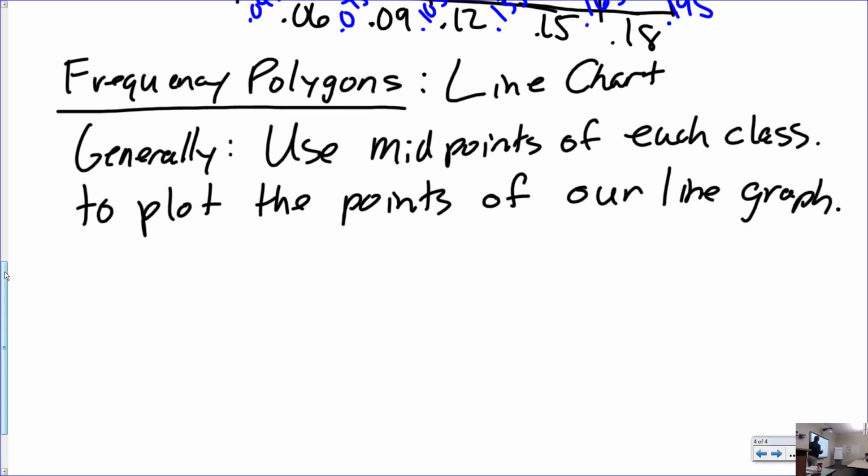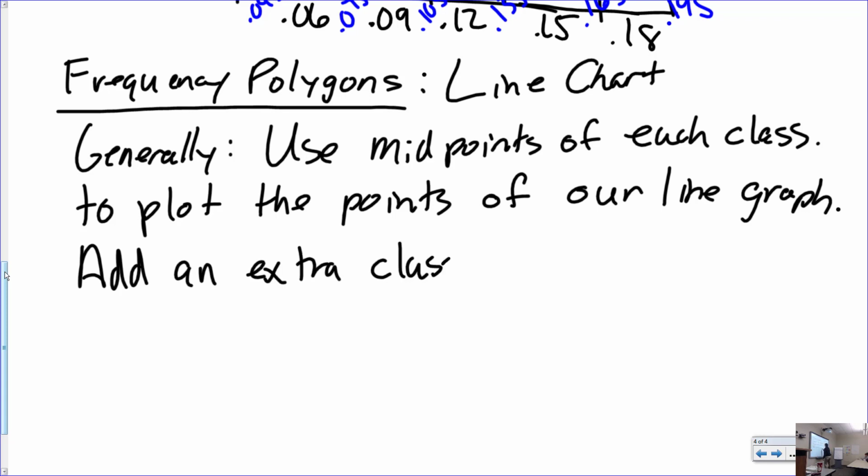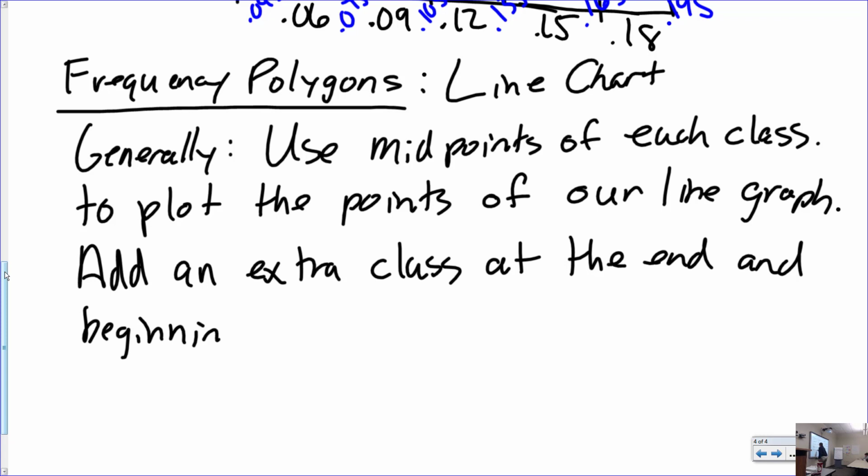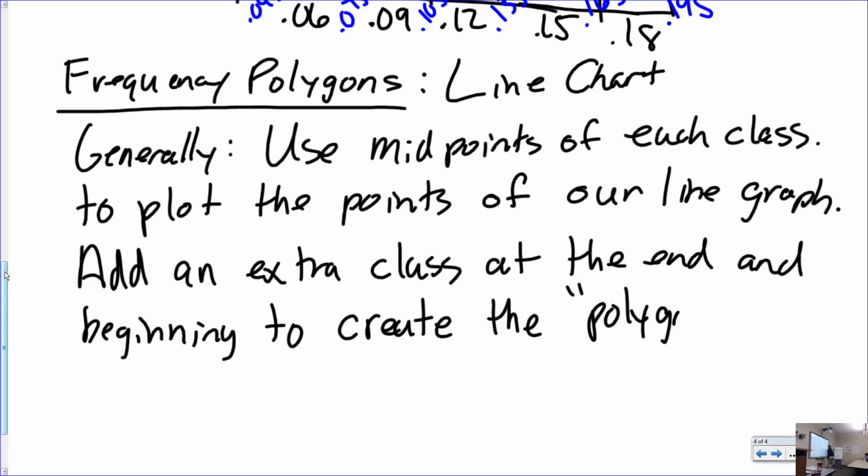And what we do, because it's called a polygon, is you add an extra class at the end and the beginning. To create the, and I will put it in quotes,